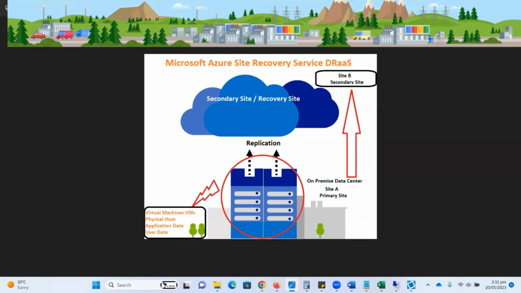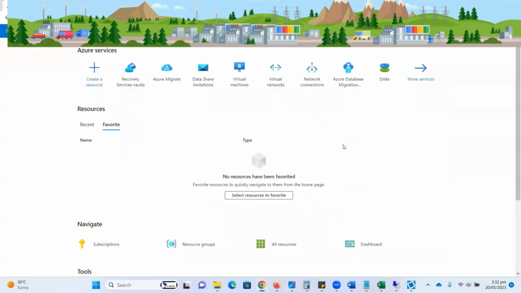And the second domain is definitely Microsoft Azure. We need to perform some basic steps on Microsoft Azure, after which the Azure platform will be capable of discovering our on-premise data center and will be capable of migrating all kinds of virtual machines, hosts, applications, user data, and any other stuff which we want to clone on the Microsoft Azure platform. After these few basic steps, it will be available. So here you can see we have the Microsoft Azure platform over here, and here I can see the recovery